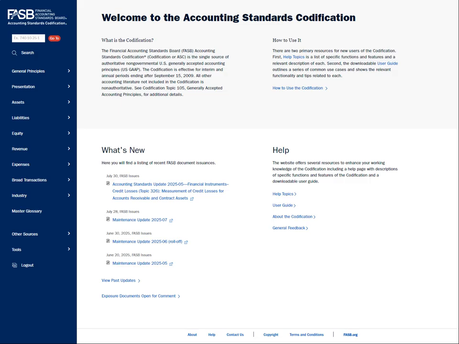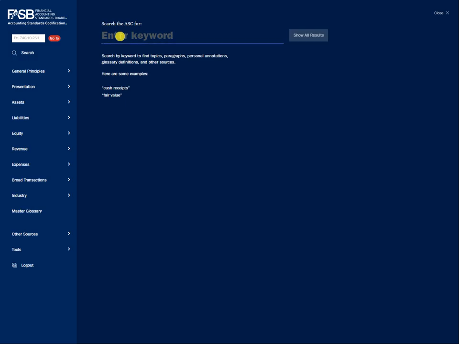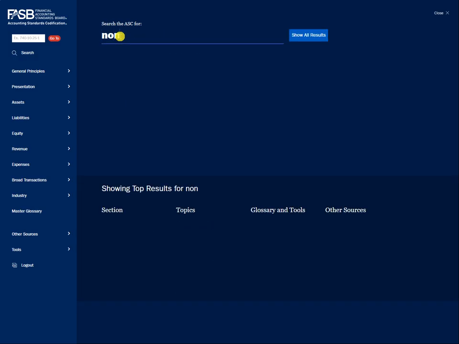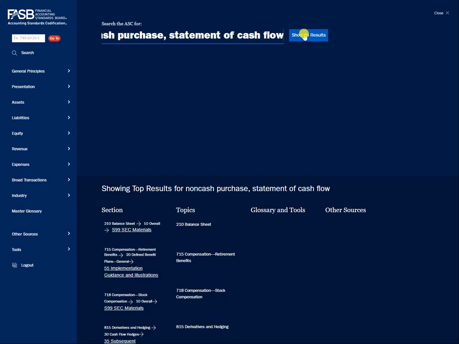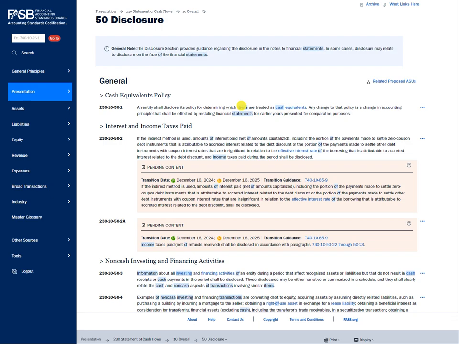So if you know the topic, cash flow statement, you can go through the presentation, the statement of cash flows, to find the literature, all the rules you want. But we can also search. Likely we can narrow down by typing the keywords non-cash purchase, the statement of cash flows. Let's see what it will give us. Okay, the most relevant one, right? The top one, the presentation, statement of cash flows, overview, disclosure. Okay, so let's see what it